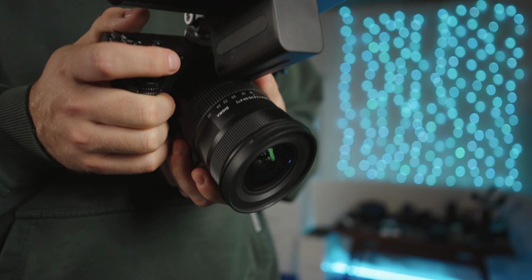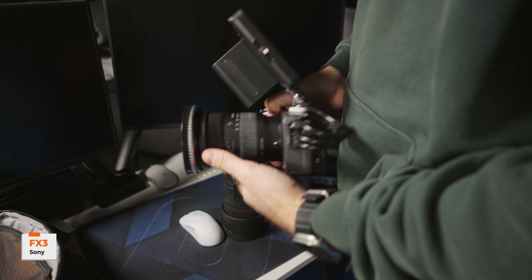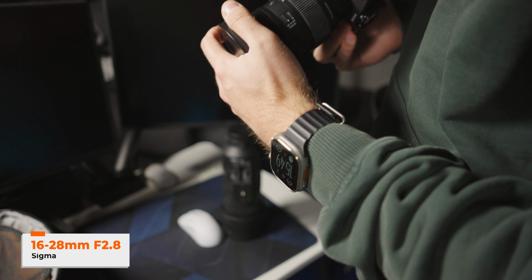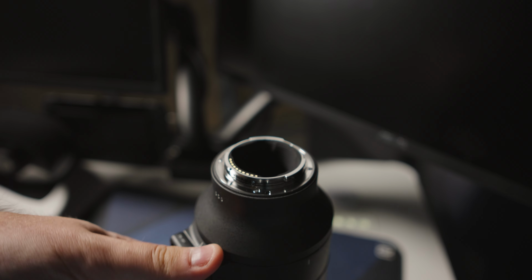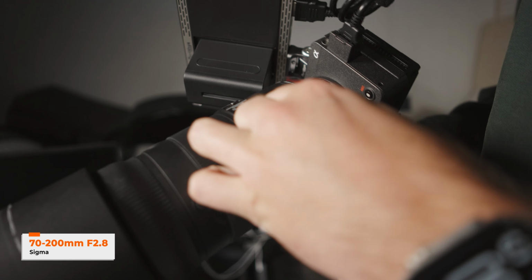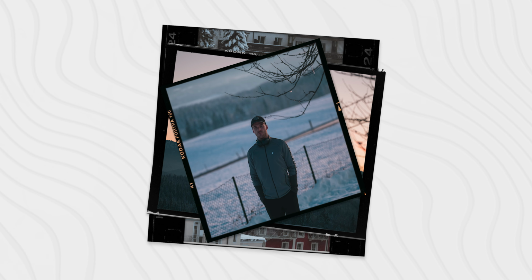On a daily basis, I use 2 cameras. My main camera is the Sony FX3, and the lens that pretty much lives on the camera is the Sigma 16-28 f2.8. This camera and lens combo is what I use to record around 80% of my videos here on YouTube. Out on a job, it's more likely that I use my big Sigma 70-200 f2.8 lens on the camera,